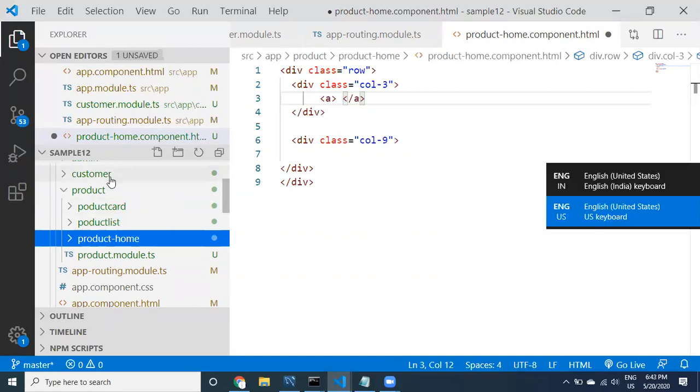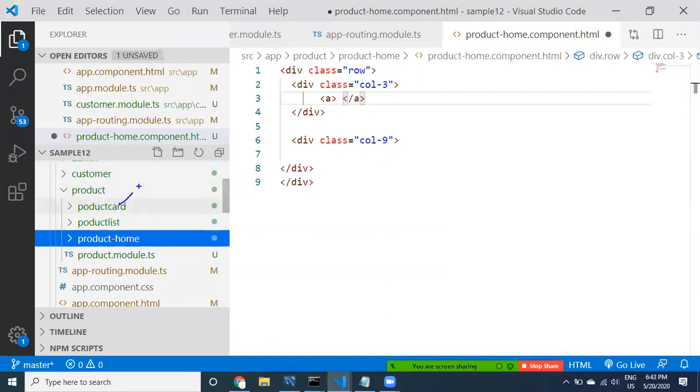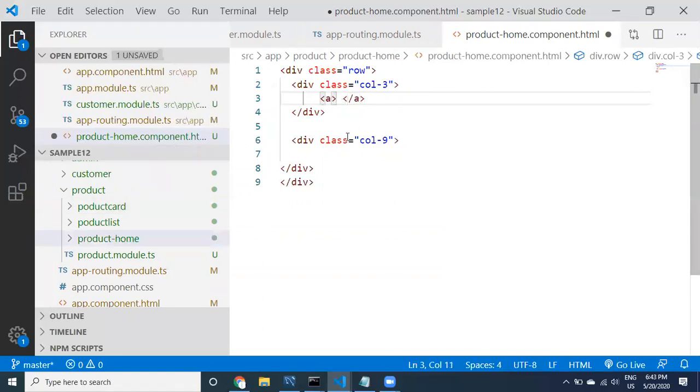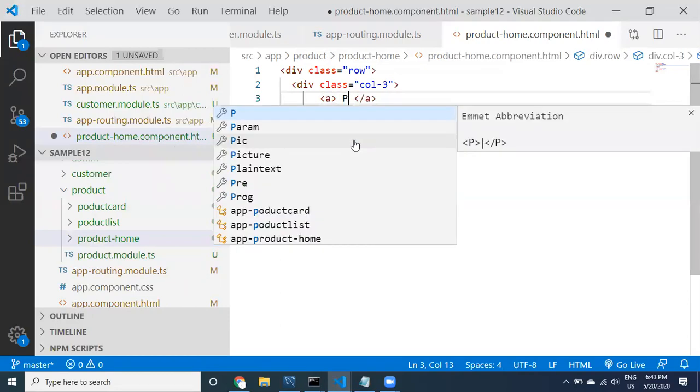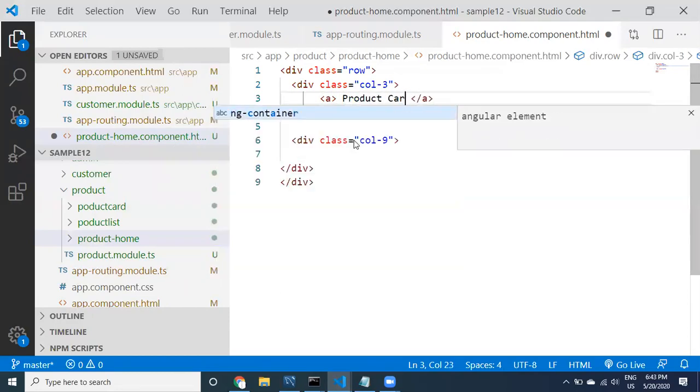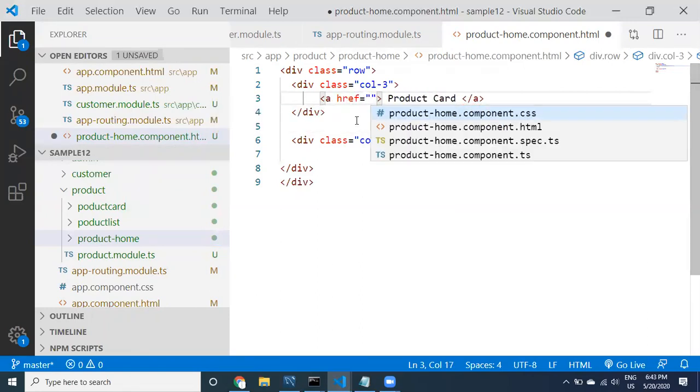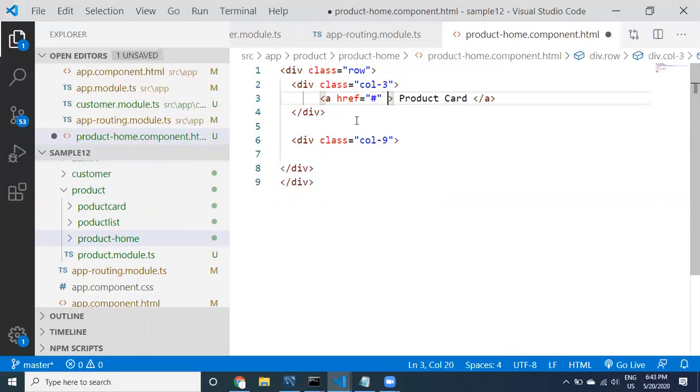For this one, I would like to take one menu item. For this one, I would like to display another menu item, menu item 2. Here I'm going to take product card, and then you may take href equal to hash, and then router outlet.